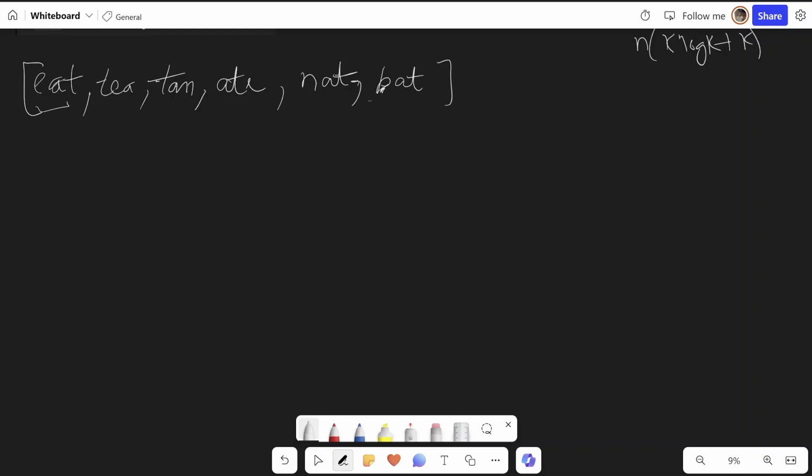So what we can do is create a dummy string, which basically gives us an idea of what the frequency of each letter in the string is. For example, for eat, let's say I store A1, E1 and T1, which is basically the letters in the alphabet plus their frequency. So A1, E1, T1 is the first string, and I'm using this in the hash map.